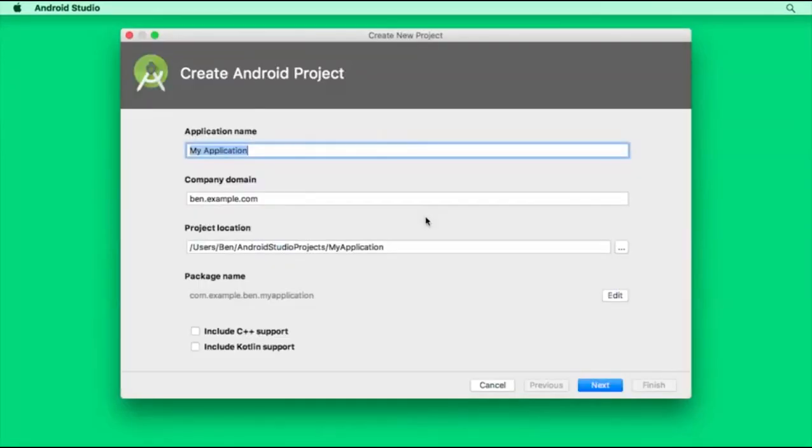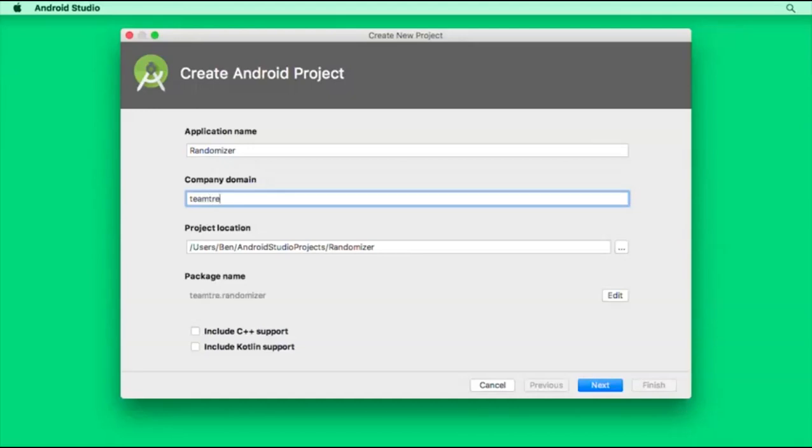get started. First, we'll need to specify our application name. Let's call it Randomizer. Then, for the company domain, you would put the web address of your company. So for me, this will be teamtreehouse.com. Though really, as long as you're not publishing the app to the Play Store, this can be whatever you